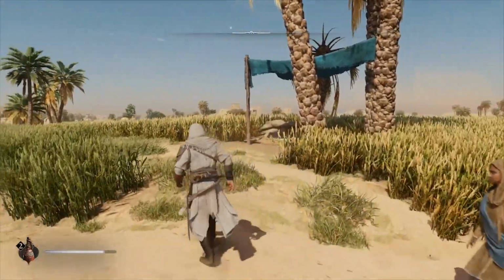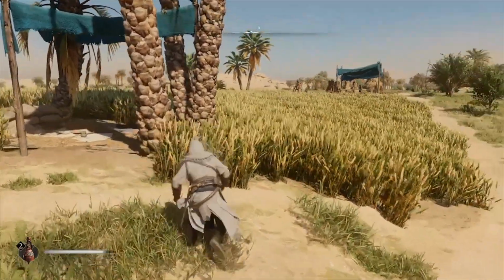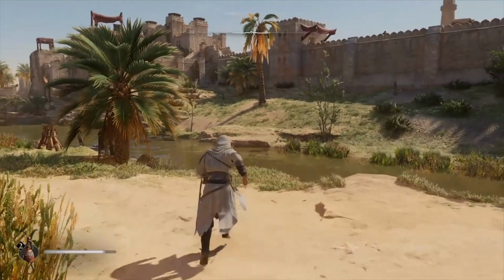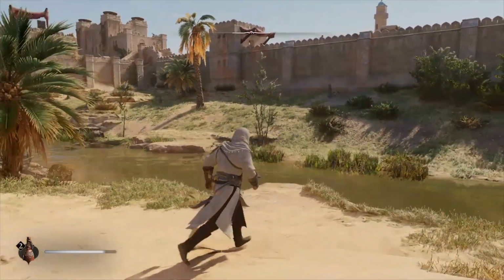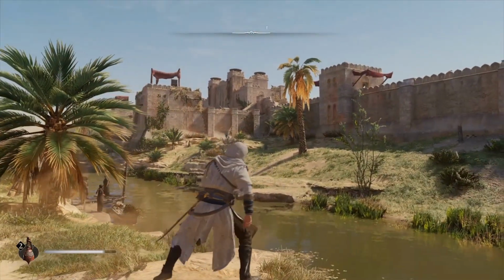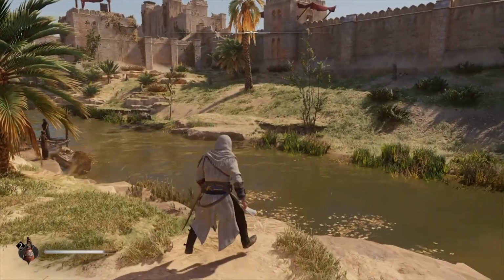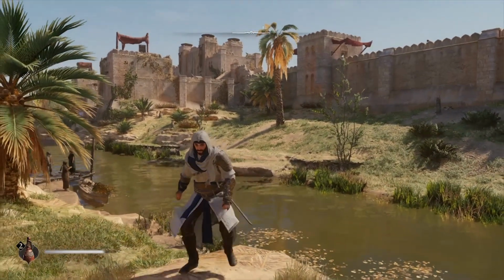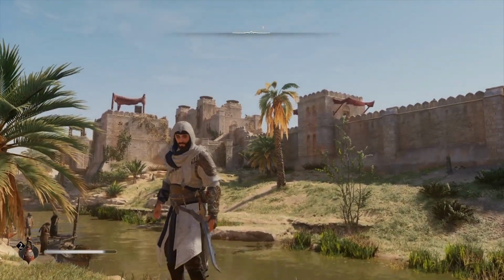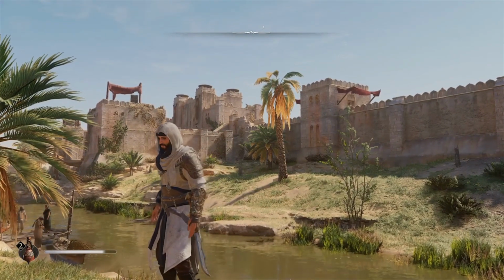Now, if you've played any of these Assassin's Creed games in recent times, the last 3 or 4, they've all had photo modes and they've all been pretty much the same, haven't they? Like, they haven't really deviated too much. So anyway, how do we enter the photo mode? Well, we click in the left and the right joysticks simultaneously,